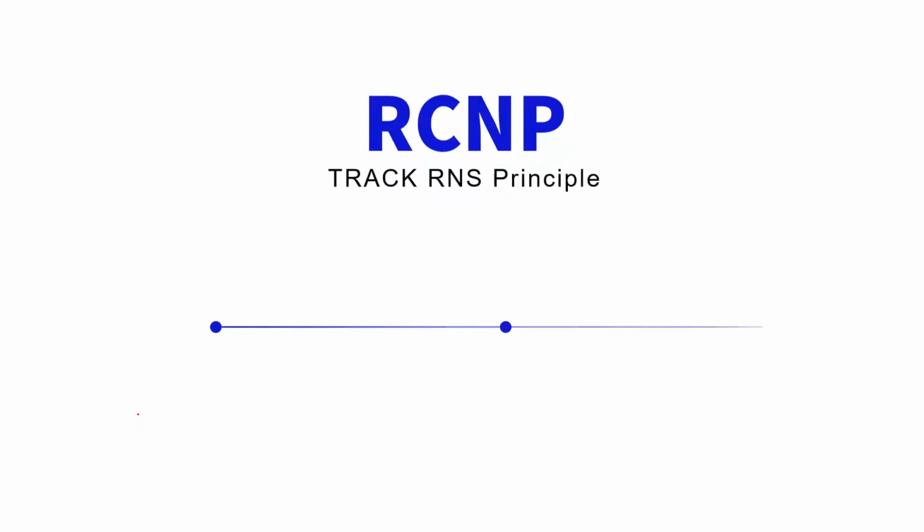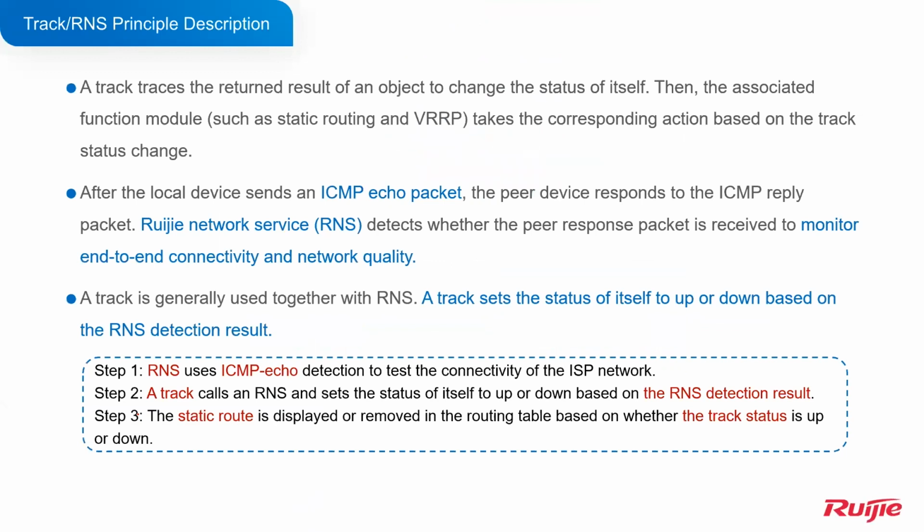In this part, we're going to introduce the track RNS principle. Firstly, let's take a view of the principle of track RNS. A track traces the returned result of an object to change the status of itself. Then the associated function module, such as static routing, such as VRP, takes a corresponding action based on the track